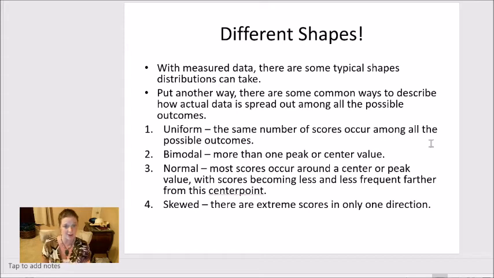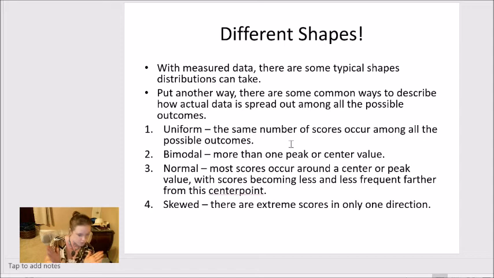And using histograms and density plots, you can identify patterns of distributions where you answer the question, where are the people? We're going to cover uniform distributions, bimodal distributions, normal distributions, and skewed distributions. And what I have here for you are some formal definitions, which I'll go over real quickly, but then I'll just show you some pictures, because I think pictures are much more useful when describing the shapes of distributions than